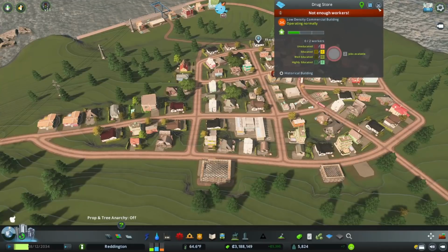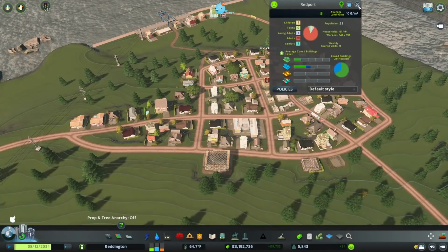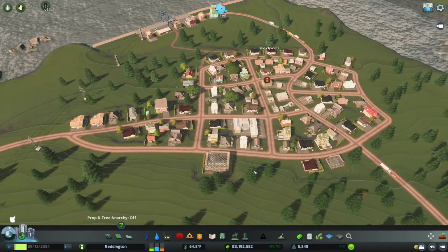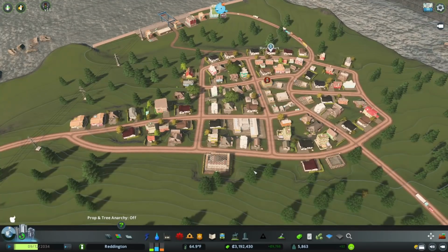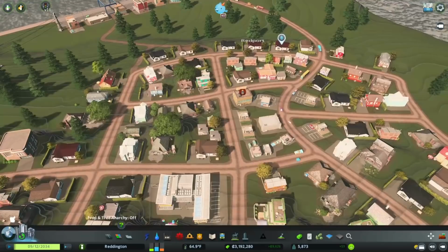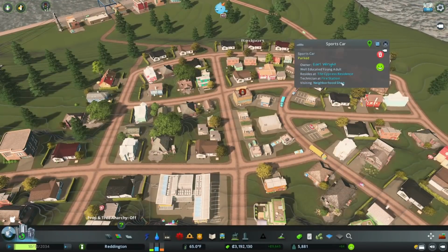Let's see how we were doing. We had a really lopsided ratio with lots of, okay, it's a little better. We probably need a lot more people to come in from Reddington to be able to work these jobs. We do have a few cars parked here, which are indicating that that may be happening. Either that or those are shoppers. This is somebody who's